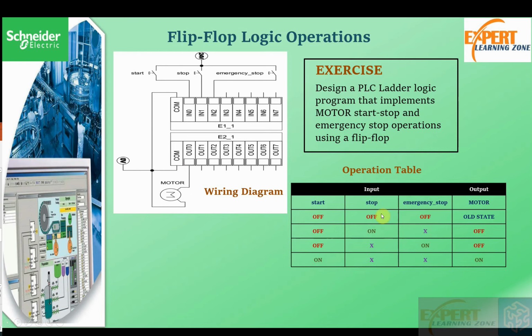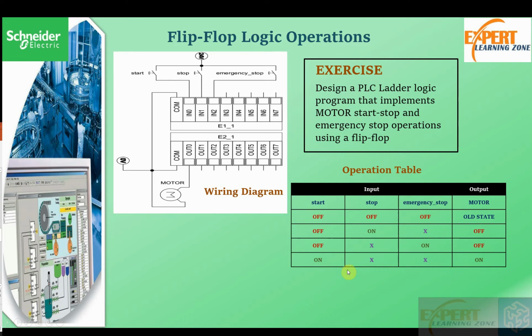And from the function table, you see that when all of them are off at the same time, the output takes its old state. And if the start is off and stop on, and irrespective of the state of the emergency, the output is off. And if the start is off and we don't care about the state of the stop input and the emergency is on, the emergency will stop the motor. And if the start is on, irrespective of the state of both emergency and stop, then the motor will be